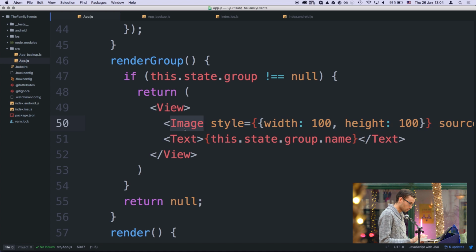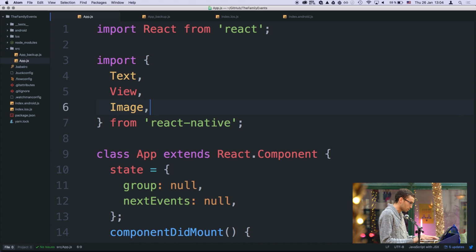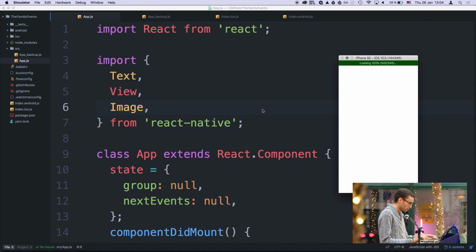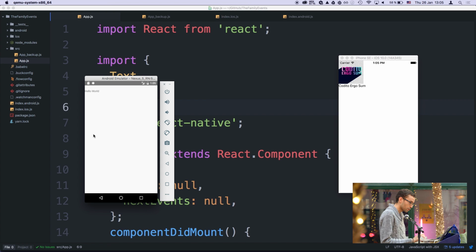So it loads the data from the server, and now the same way, it tells me that image is not defined. As with view, we need to import image first. After a few seconds, I can display the image, and let's try in Android too. Go to refresh,